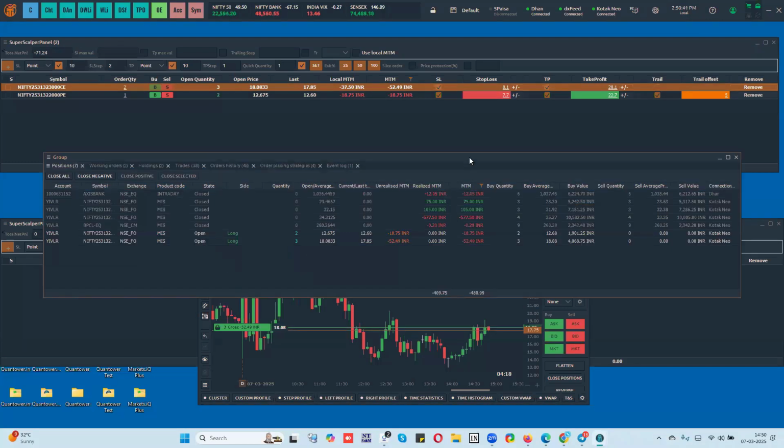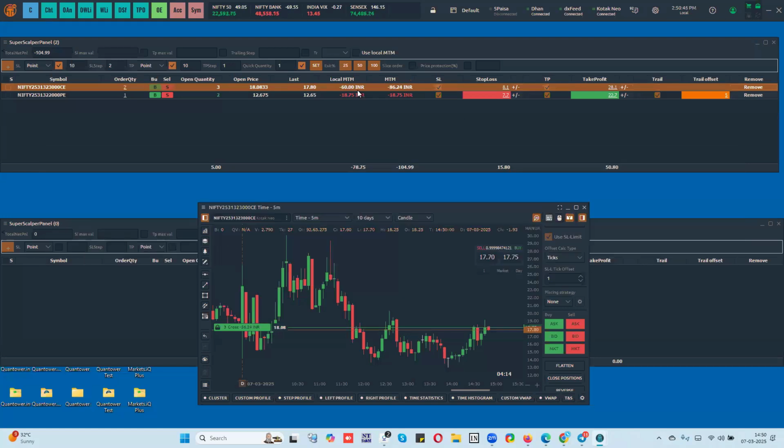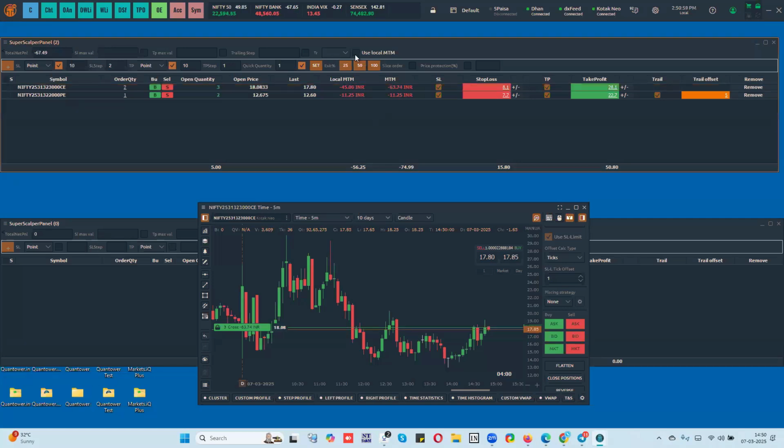Whereas the local M2M is of the symbols that are traded only from this particular panel. So if at all you're doing anything within this particular panel and do not want to check your past profit loss or your trades done from another panel, you can ignore that as well. So if I click on use local M2M, automatically this total P&L value gets changed to this value.